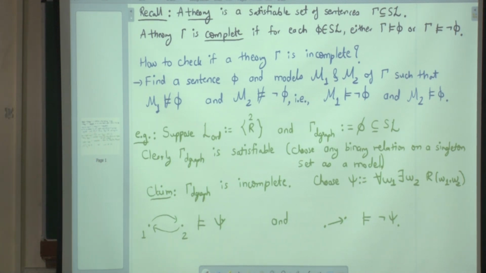I simply expanded what it means for the theory not to be complete. That's all. But this is a creative job. It's not always easy to show that a theory is incomplete. You have to figure out such a sentence which will be true in one model and false in another model. And obviously you cannot expect M1 and M2 to be the same, because if M1 satisfies phi, then it cannot satisfy negation phi. Okay. Good. So let's proceed now.